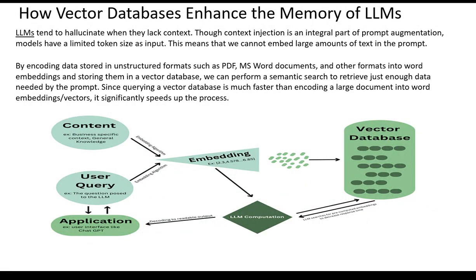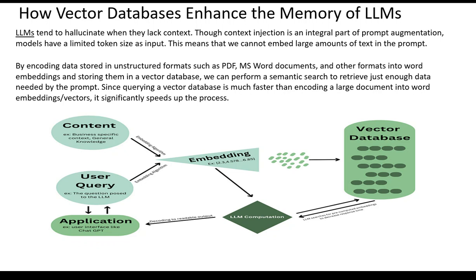Now, as we saw earlier, a vector database enhances the memory of LLMs. LLMs tend to hallucinate when they lack context, because LLMs are trained on such a large amount of data that they will lack context, in the sense that they will give some output which is not relevant to our questions. So we have to narrow down, or ask the LLM to focus on one particular context, and from there it will give us the required text summary back.